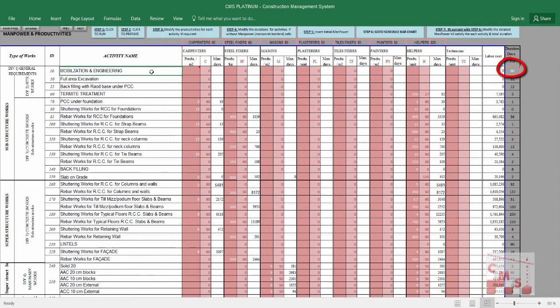CMS considers mobilization and engineering as an activity which should take place in the beginning of the project using special staff, and it is considered here as one activity without details. The details will only be in the BOQ. It's considered as a price only, but if you need to make a detail for this, you can make it